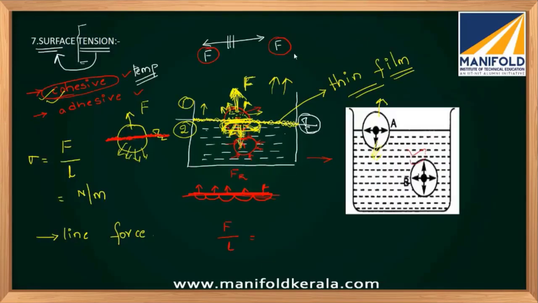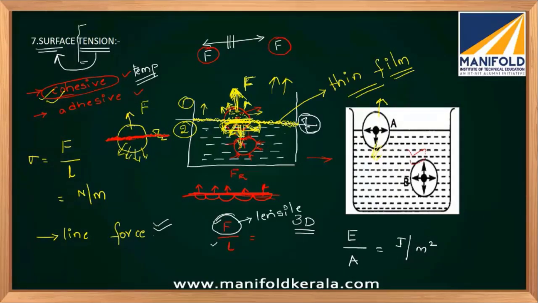When we talk about surface tension, when we talk about line forces, we call it force per unit length. If you take three-dimensional bodies, 360 degrees of the bowl, it will be energy per unit area, that is, joule per meter square. Most of the time we express it as a line force, and this force is always a tensile pull force acting per unit length, called surface tension.